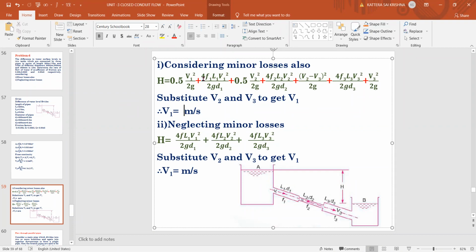So see here, if you solve this term here separately, you can use that here. Separately you can keep 0.5 by 2g, what is the value, right here into V1 square, and this whole term into V1 square. Again, these terms, V1 square will come. Again here V1 square will come. So everywhere V1 square will be common at last. So H equal to summation of all this divided by the constant term you will get.